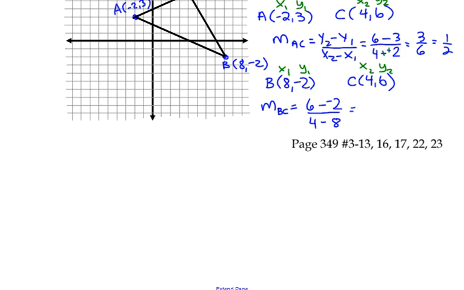What is 6 minus -2? 8, because if we subtract a negative, we're really adding a positive. So 8 over negative 4 equals negative 2. Are these two perpendicular? Yes. So since the slope of AC is perpendicular to the slope of BC, or you can just say line AC is perpendicular to BC, therefore the triangle is